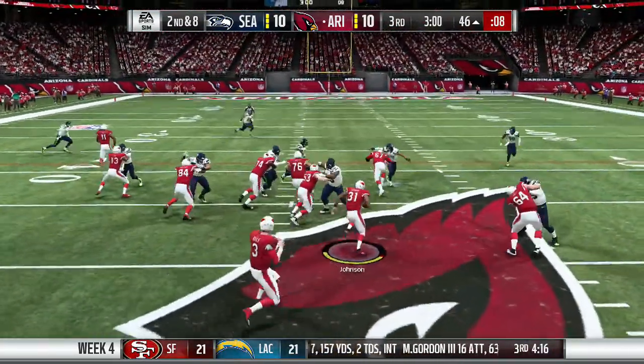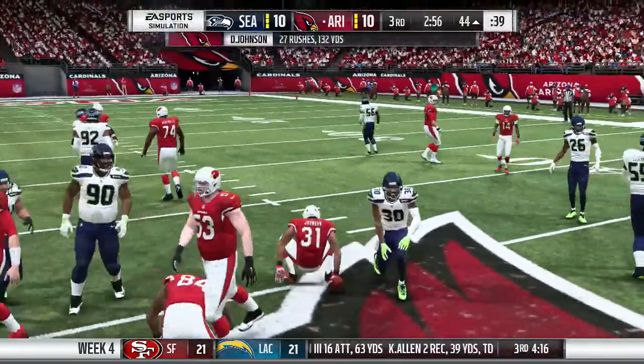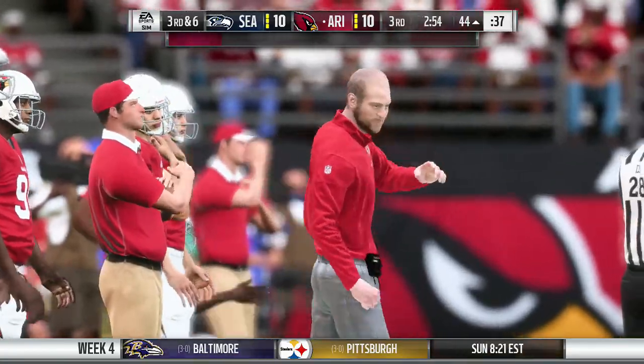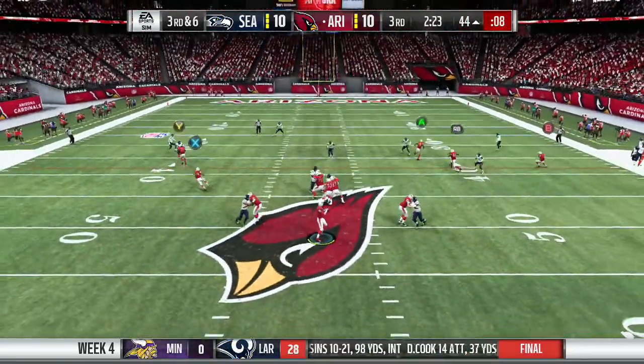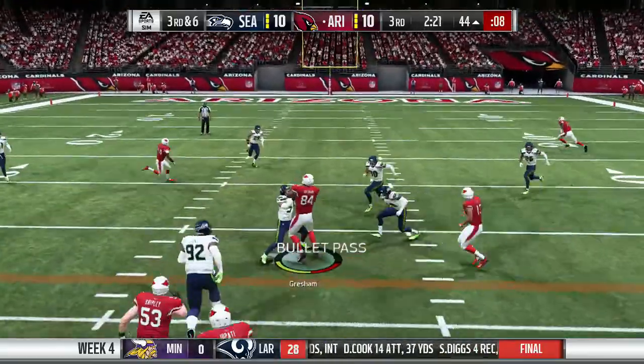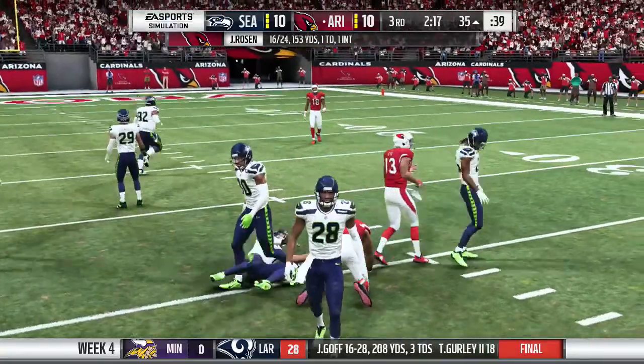2nd down and 10, trips to the left. Handoff goes right to David Johnson, who shrugs off one but is immediately tackled. Gain of 4. Now 3rd and medium, empty look for Josh Rosen. Throwing over the middle, that's complete to his tight end, Jermaine Gresham, who moves the chains, picking up 9 when